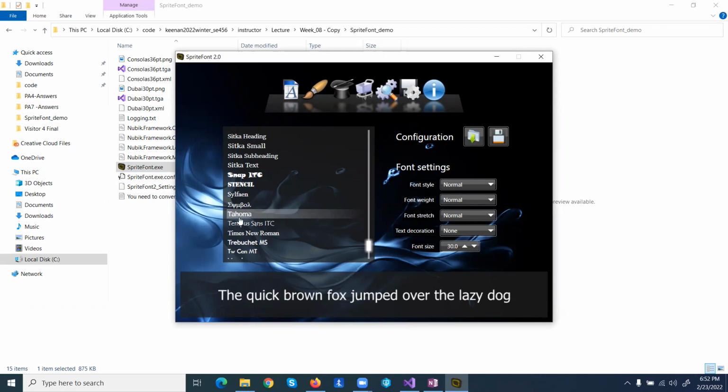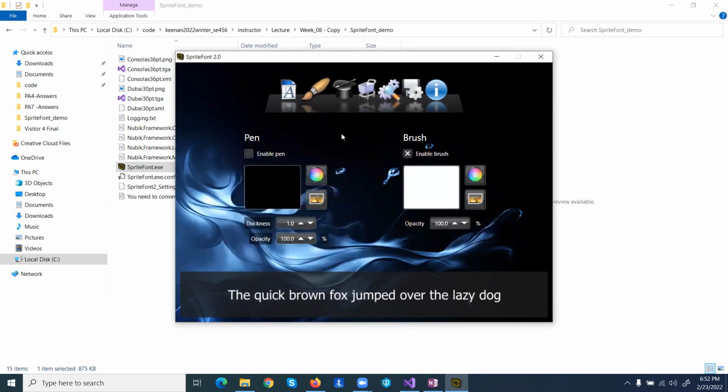We'll pick Tahoma, and there's a configuration that helps you with the load. You can do that, or you can create your own. So you pick this. What type of font do you want? Do you want normal or oblique? What's the weight? Do you want it bold typed? You pick this stuff out. You keep going down here. Pick the size of the font,